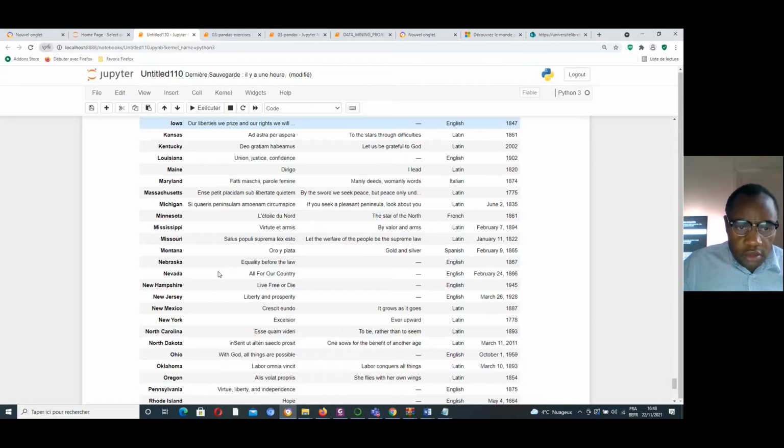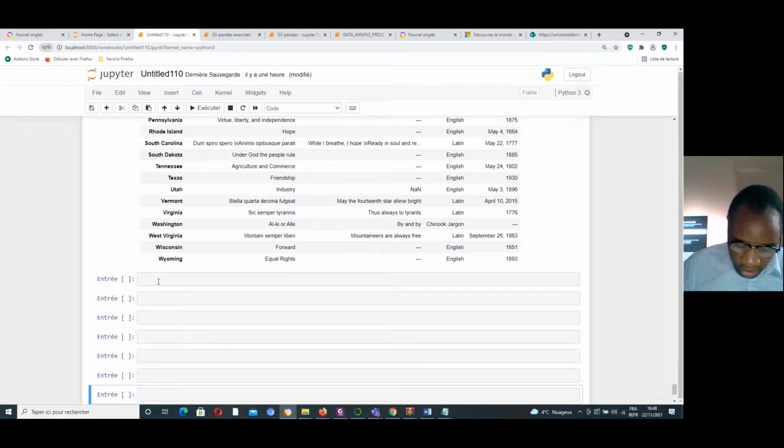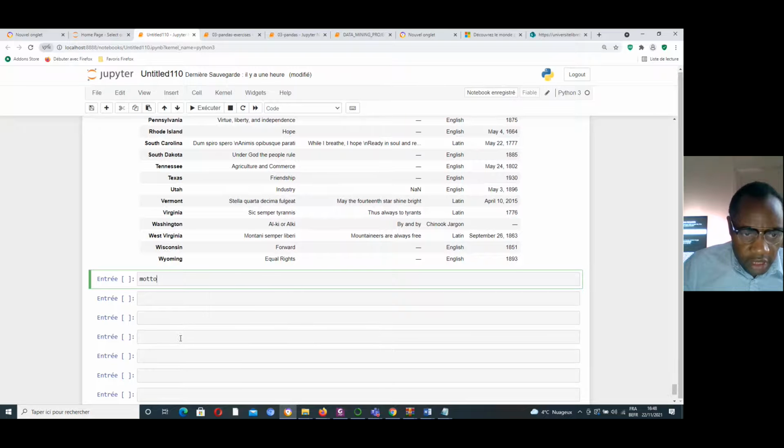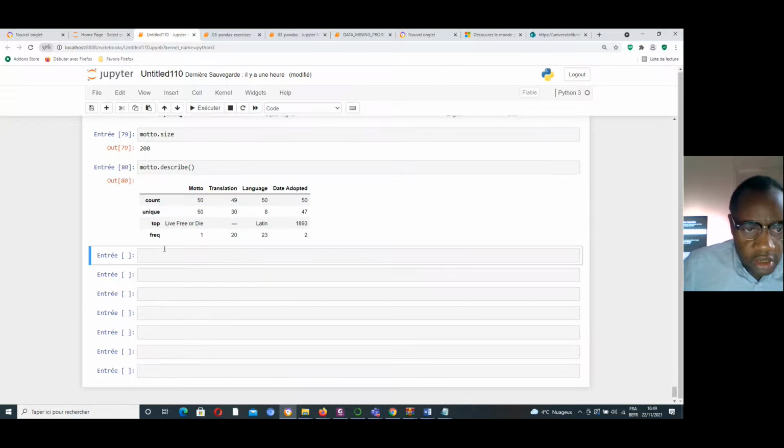But I can do the preliminary analysis of this data. I know the shape, and I can evaluate the size. I can make a statistical summary with this function: count, unique, top, and frequent.